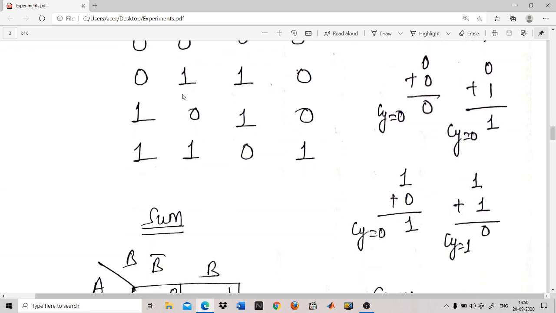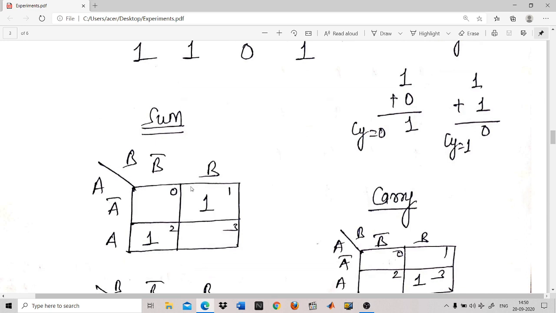So the two variable K map, here we have drawn 4 squares, and there is one diagonal line. So to the left of the diagonal, we have placed here A, and to the right of the diagonal, we have placed B. So now here A bar, A, then B bar, B. So 0, 1, 2, 3. So there are 4 squares. This is the 0th square, this is the first square, then second square, third square.